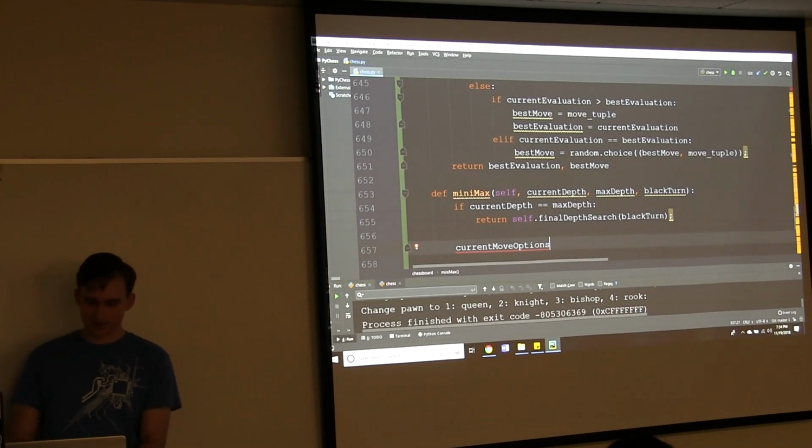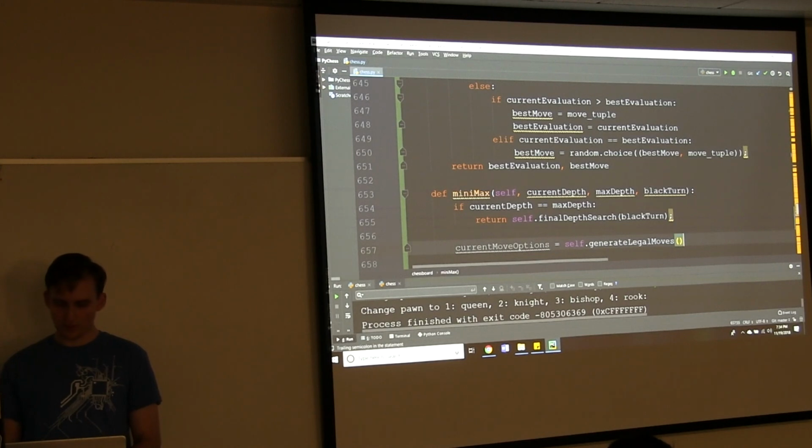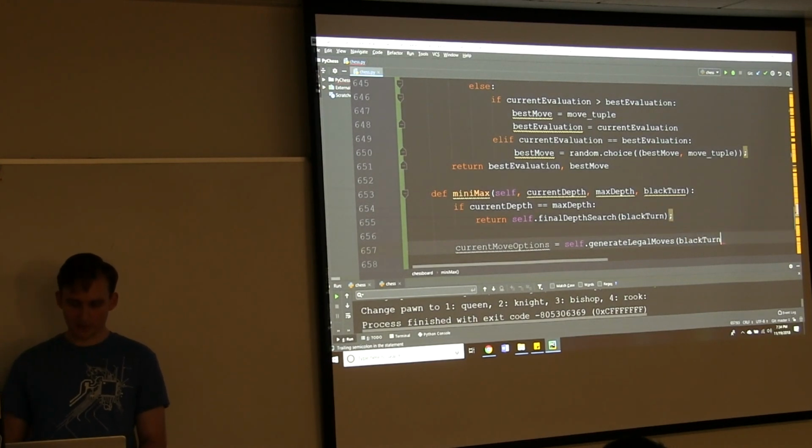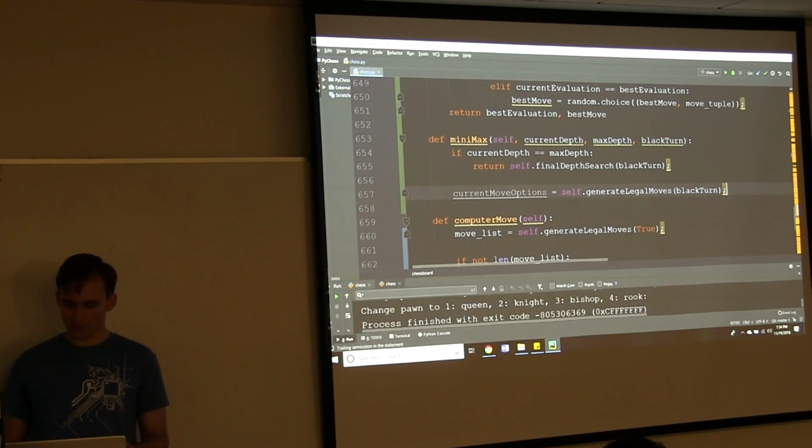So from there we still need to see all possible moves from our current position. You can do that by, once again, calling generate legal moves. Or actually taking a turn now, which is important. We did that in foresight of Minimax.